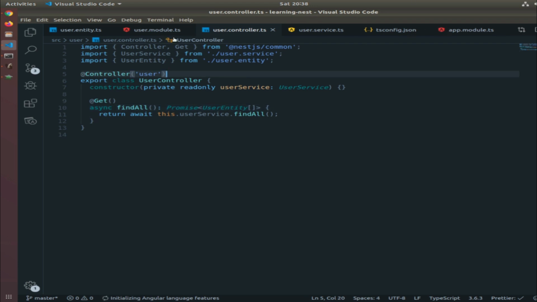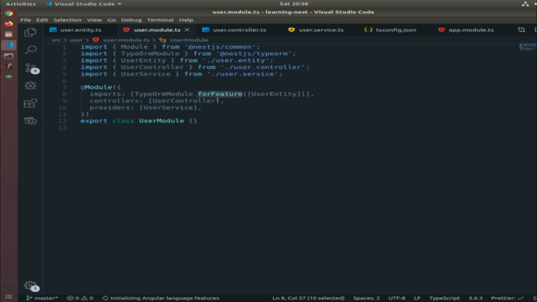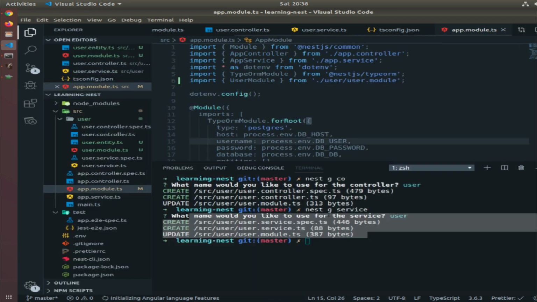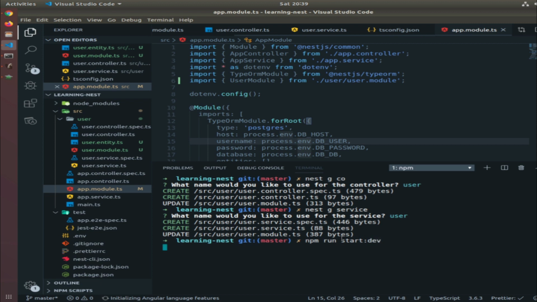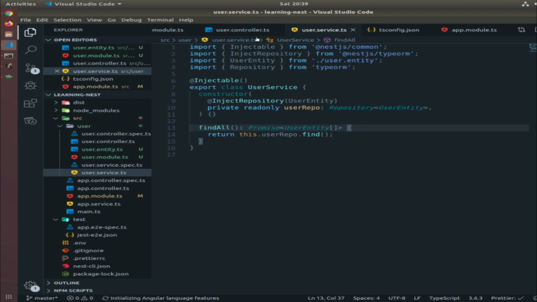So now we created the user entity. We added it using the forFeature static method from the TypeORM module, and the user module as a whole, we included inside the app module. I think that's it. Now if I run the server with npm run start, we should see a user. Oh no, sorry, just before I run everything,